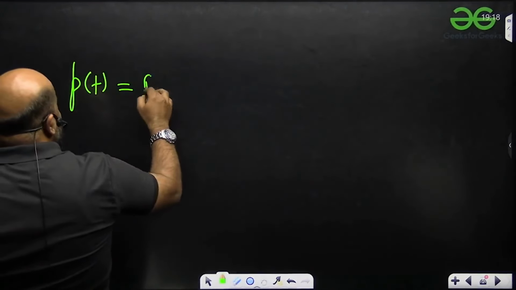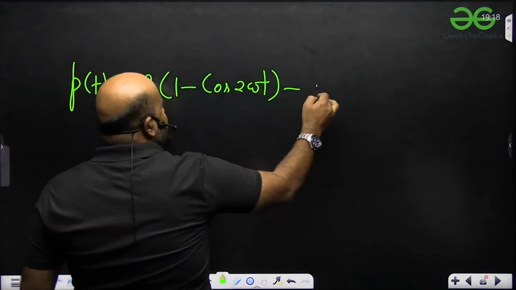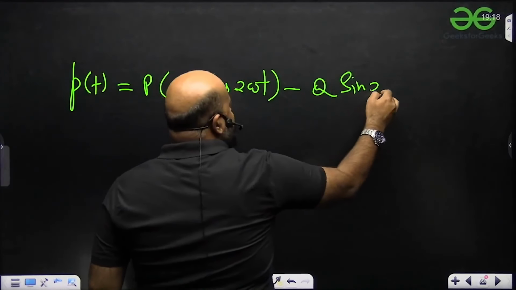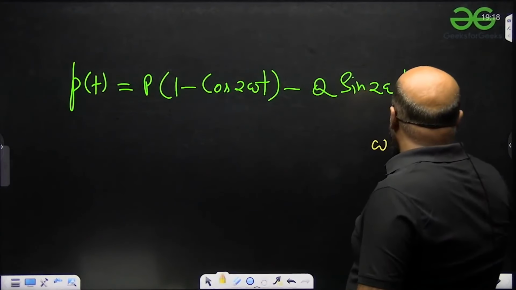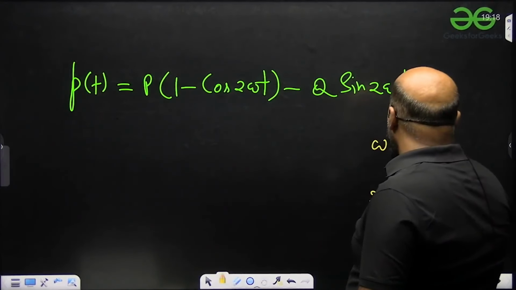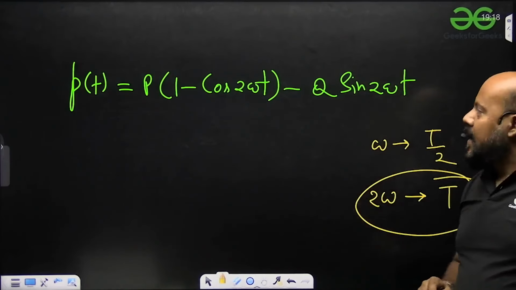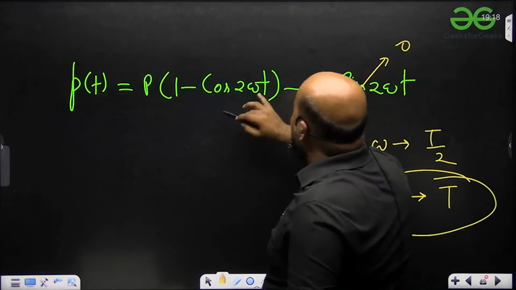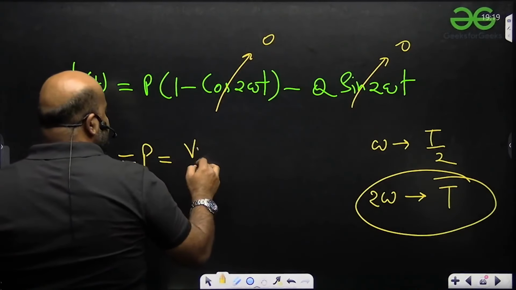अब यहां एक छोटा सा ग्लिच है, अगर मैं इंस्टेंटेनियस पावर लिखता हूं तो वो क्या हो जाती है? P (1 माइनस cos 2ωt) माइनस Q sin 2ωt। तो अगर आप ω के रेस्पेक्ट में हाफ टाइम पीरियड की बात कर रहे हैं तो 2ω के पीरियड में क्या हो गया? कंप्लीट साइकिल हो गई। अब कंप्लीट साइकिल में तो ये 0 हो गया और ये भी 0 हो गया, तो आपके पास बचा क्या? आपके पास बचा P